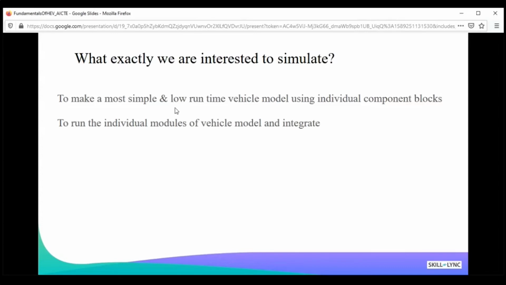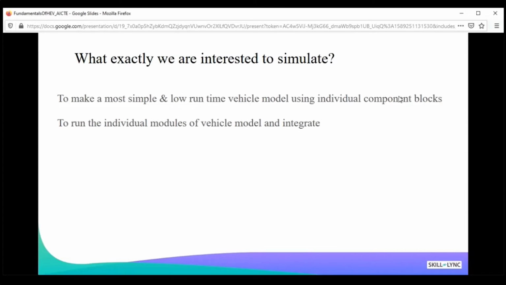So let's say, for example, I want to simulate a situation where I'm driving an electric car for half an hour, right? So during half an hour, if I'm running this car, my simulation time should not be half an hour, right? So it should be definitely less than 30 minutes. So probably, let's say in 1 or 2 minutes, I should be able to finish my simulation on the computer, right? So my computer speed and the simulation speed should be such that I am able to match with the real-time scenario, right?